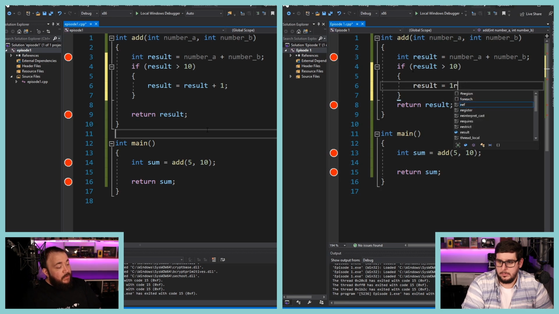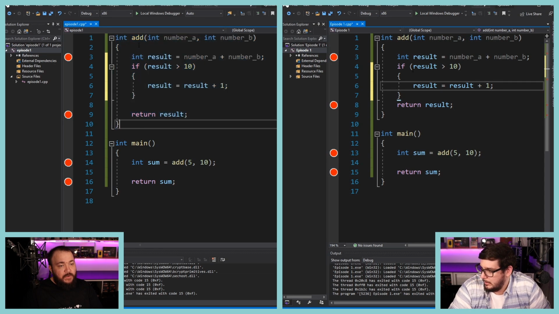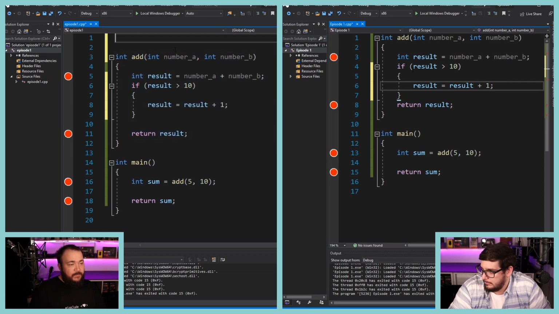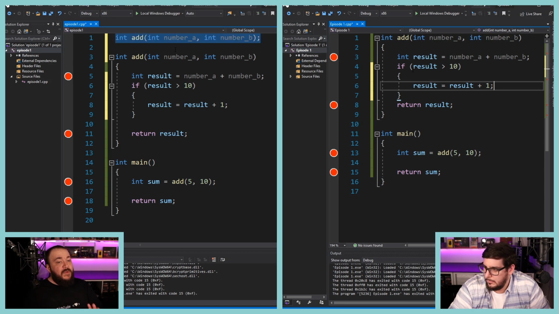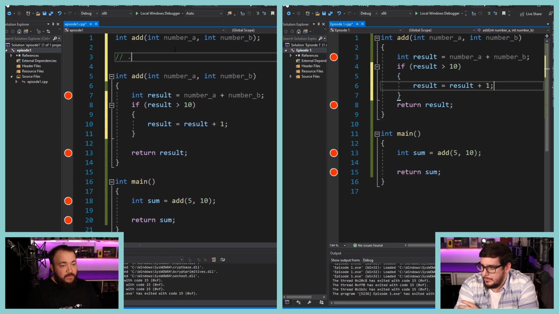You can declare a function first and then you can define it. So this is called defining a function. You can also declare a function. You don't have to mimic this. This is from chat. You can say int add, int number A, int number B, and then hit semicolon. So here you've told the compiler there's going to be a function called add. I'm just letting you know. I haven't made it yet, but this is how it's going to look like. Here it is. And then later on in the application, you can say...